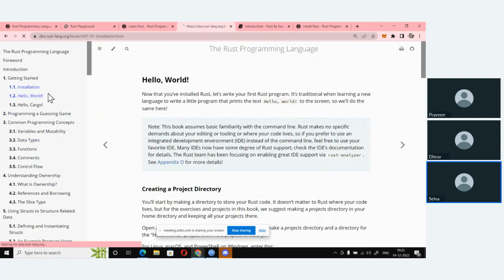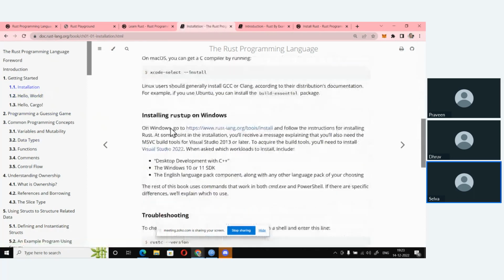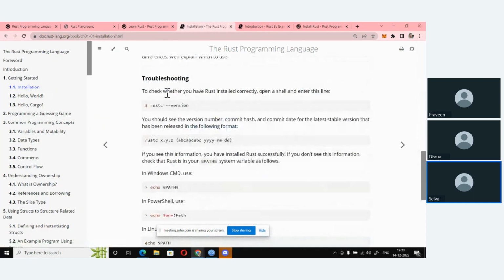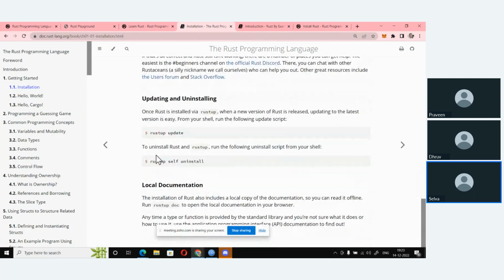Now, when you do the installation, you can actually get all the information about the installation also. So rustc is your compiler, and rustup is the tool that actually installs all your toolchain for doing the Rust development.